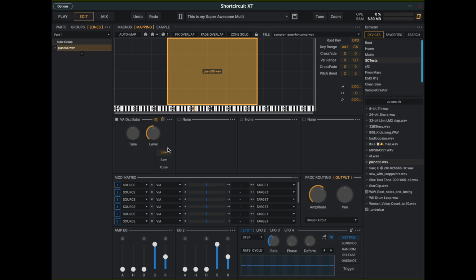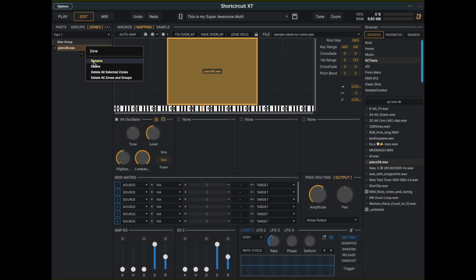So what I've done now is I've mixed in this sawtooth here. And I'm probably still off on this root key. I should probably set that to, I think this is 56. But now you can see that we can start combining sounds, especially if we get the root note correct, which I should have done before I started shooting this video. Sorry about that, but I'm not going to do it over. And attach it to an oscillator. So now, cool, awesome. We can turn the mix on this oscillator all the way up as well,